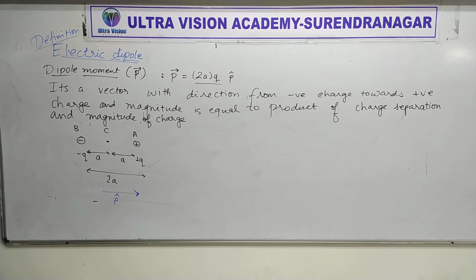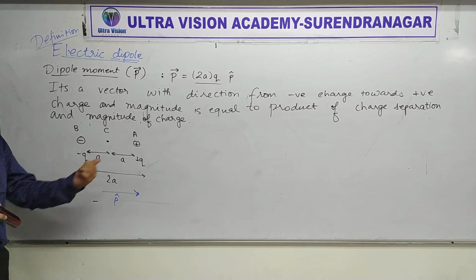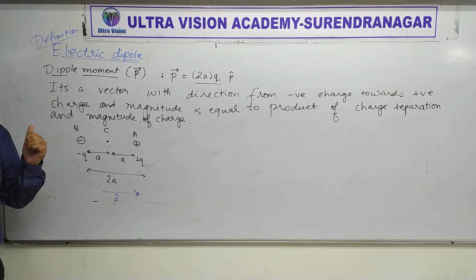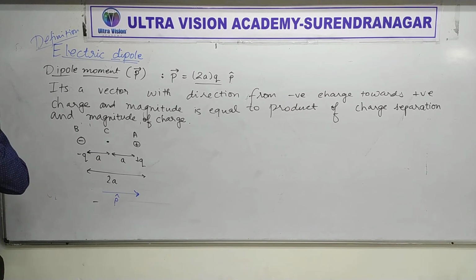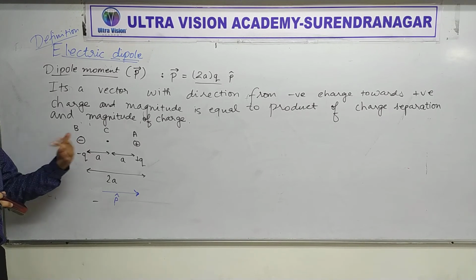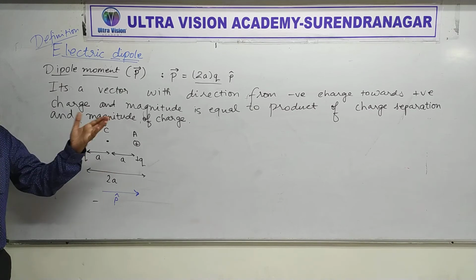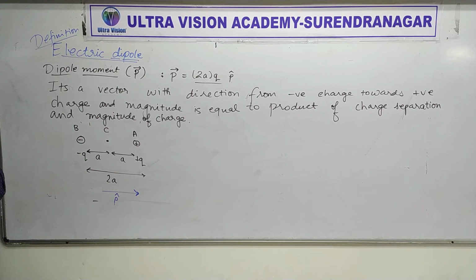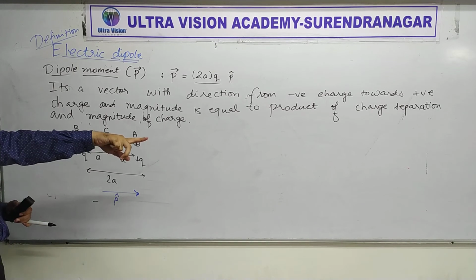Got it? Now you might then have a question, why do you say it like this only? Can't we have dipole moment in the opposite direction? We can. It doesn't change a lot of things, but this is how it has been taken historically. So there is no need to change it because nothing is wrong here, right? Whether you define it that way or this way, there is only one difference, a minus sign, right? Okay, so there is no need to bother about changing the direction. So this is the direction of dipole moment.